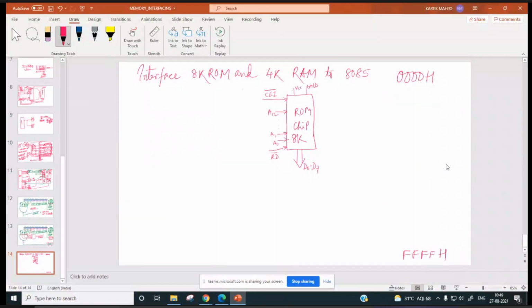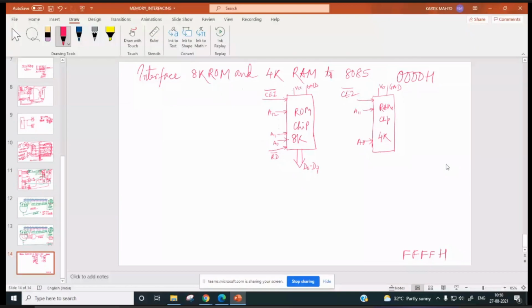Next, we will have a RAM chip of how much? 4K. So how many address pins? A0 to A11. And here you will have CE2 bar, VCC, ground.